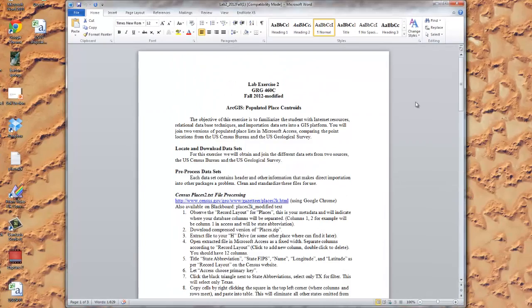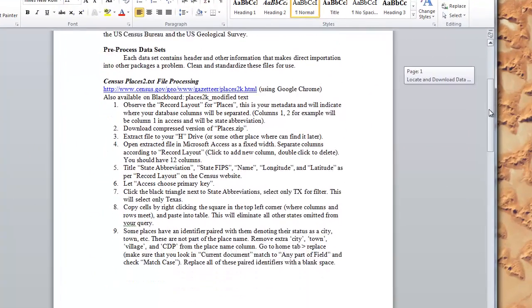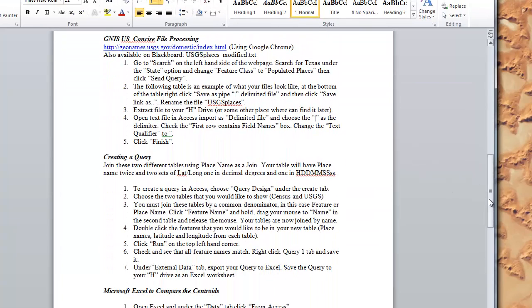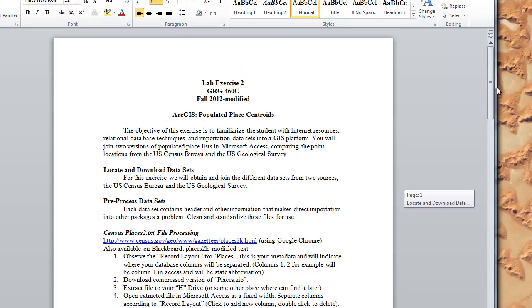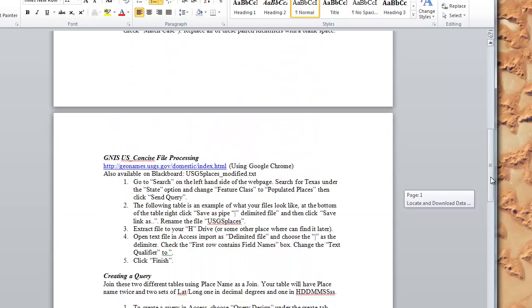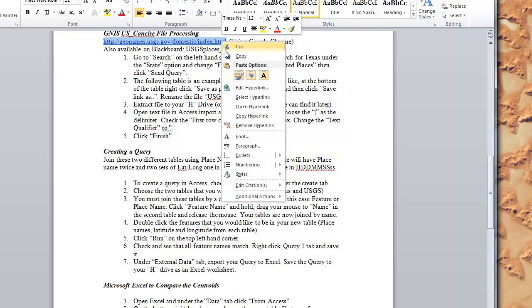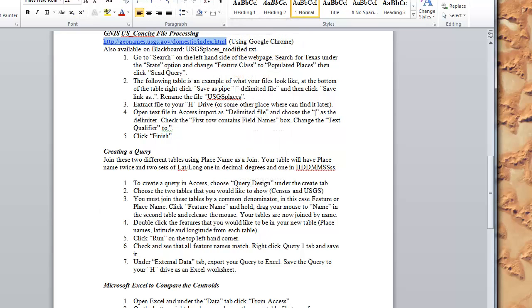This is going to be lab exercise 2, and this is the second part of this lab. So what we did first is we went into the census data and pulled out data from Texas. Now we're going to the U.S. Geological Survey. So what we wanted to do, staying in Google Chrome, is to copy it, paste it,